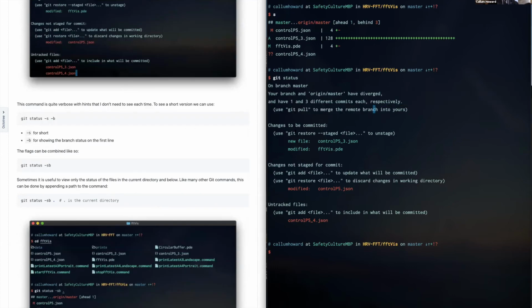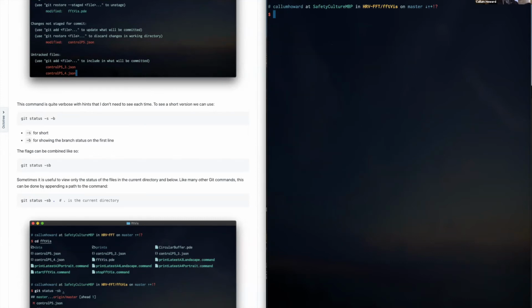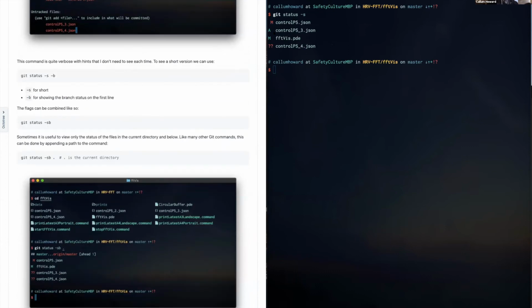Which is really great for when you're starting out, because you want to understand how to use the commands, and you can use these extra hints. But once you've learned the git add command, you don't need to see it every time you run git status. So there's a git status -s flag, which is short, stands for short, right? We've got that here. And what that will do is it will abbreviate it, and it'll give you some symbols, right? So if we compare it with git status,